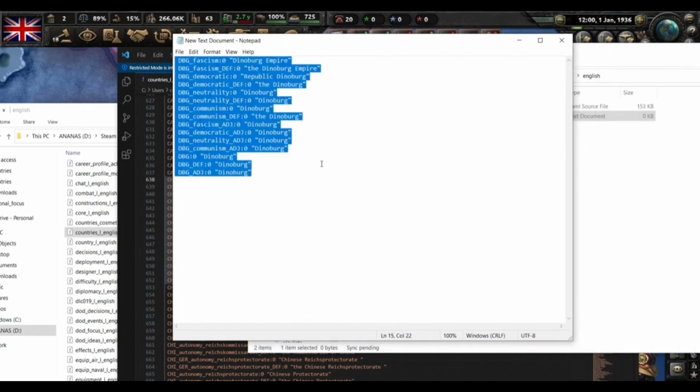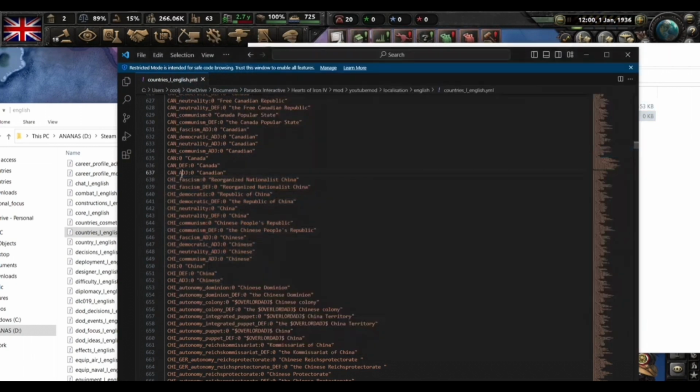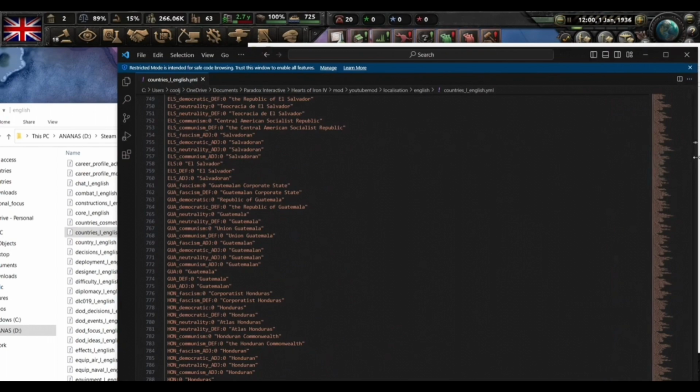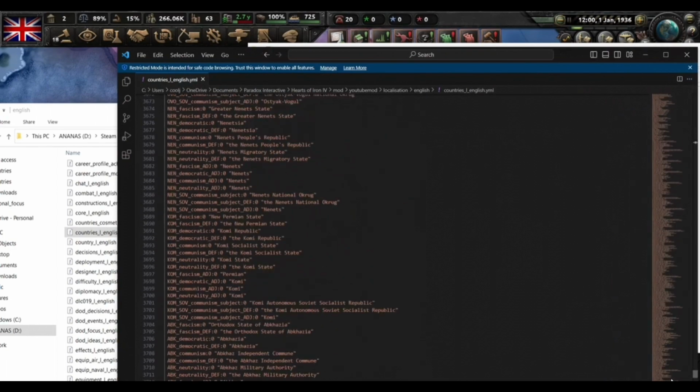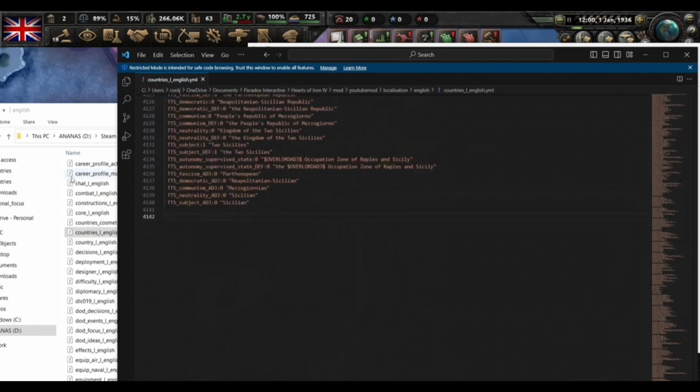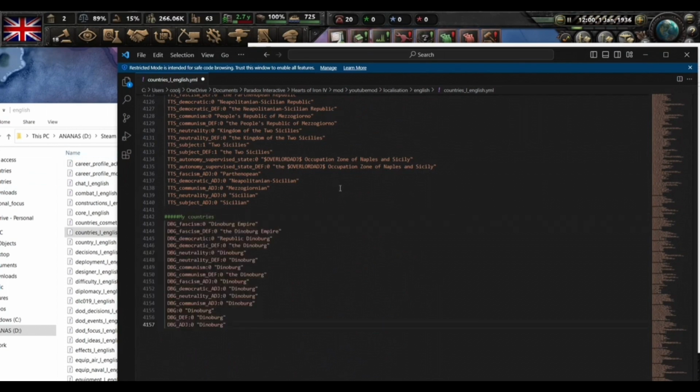And now we're going to copy all this stuff, close that file. You don't need to delete it. We're going to go in here, go all the way to the bottom, like so. And we're going to add comments saying my countries or something, so you don't get them mixed up. And we're going to paste this in. And Dinoberg setup. Now if we launch the game,